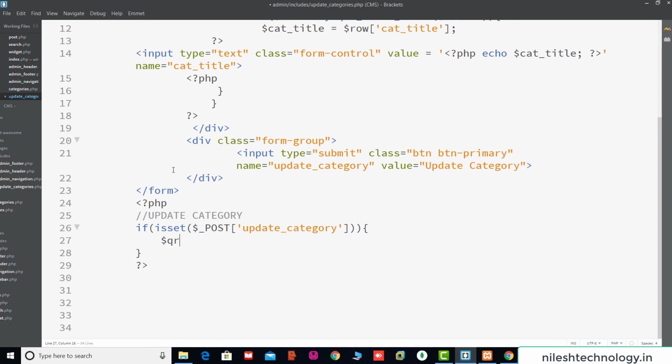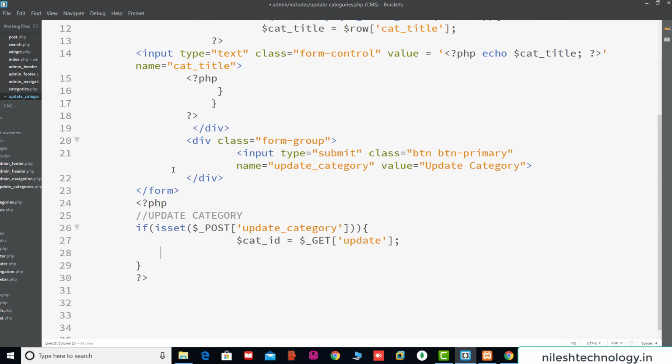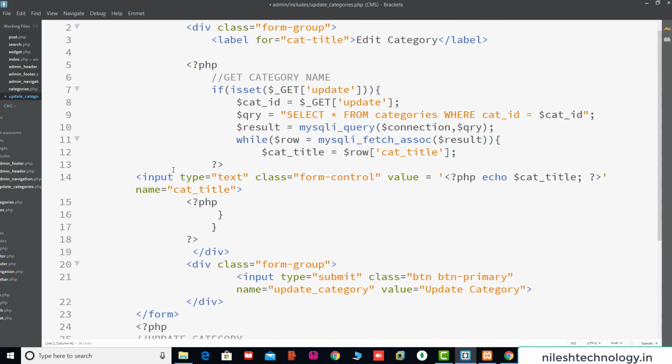Now here in the update categories program, we add one update query inside this if. So for the query, first we get the ID. So category ID is equal to, this one was the category ID. Okay, so get this ID by using this URL, and this one was the updated title, post cat title. This is your text box name. See here, your text box input type name is cat title.